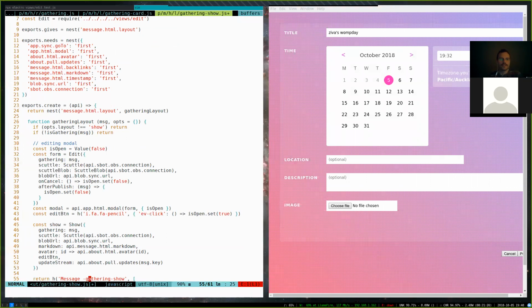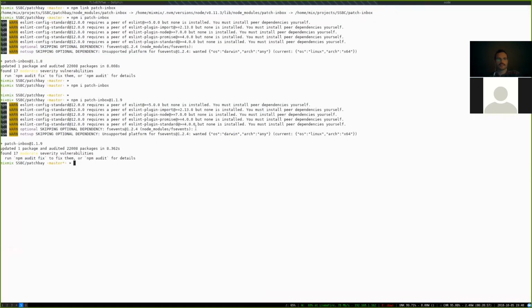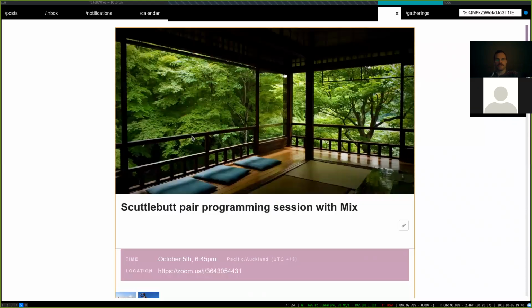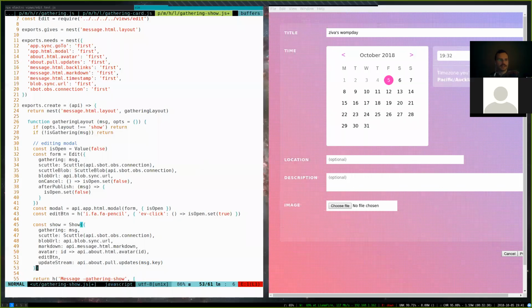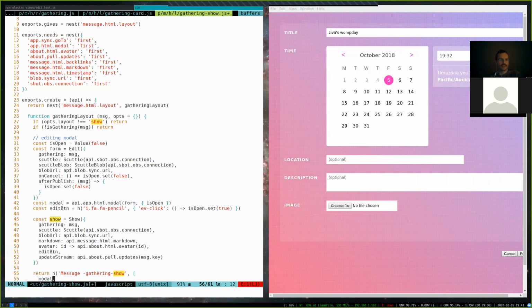This is how this show message is rendered. There's a part of Patch Bay which is passing messages to things that know how to render different layouts, and this one happens to match if it's a gathering, in which case it goes and does a bunch of things. It goes and builds this show view, and